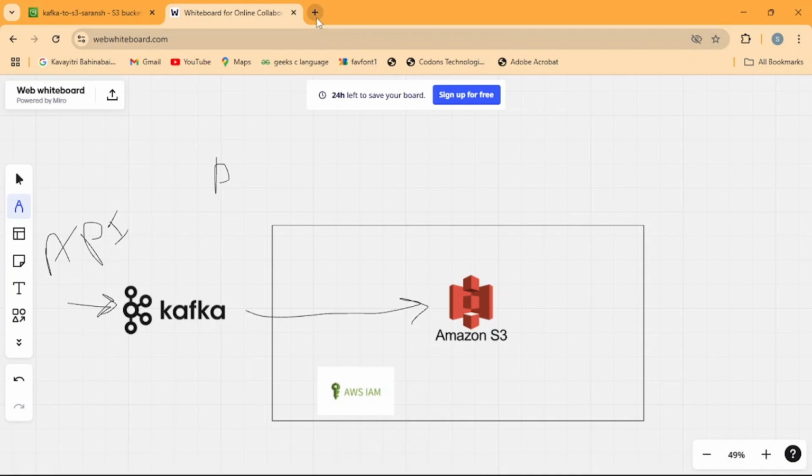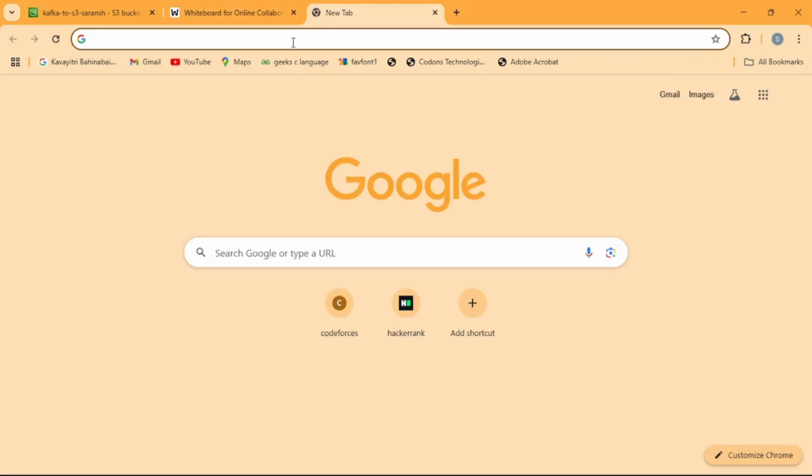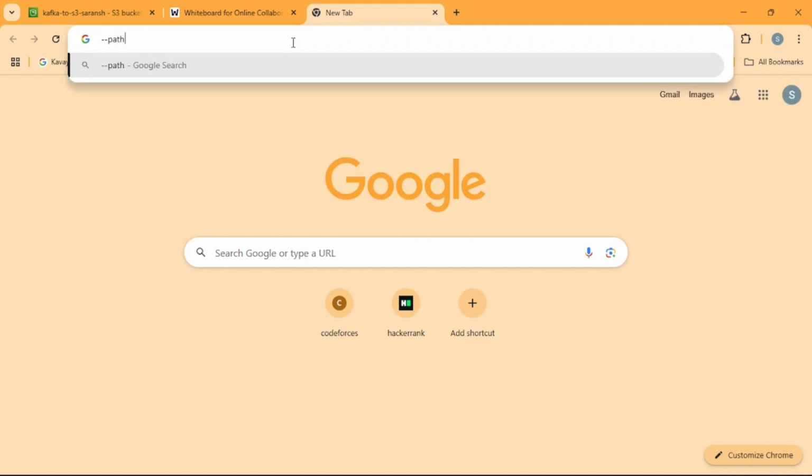And we are going to format the data. We are not going to format the exact data, but we are going to format the way it is stored. For example, this is the path of our S3 bucket. Then we have already created a folder, Kafka data, inside it. And then what we are going to do is create a folder by the name of the current date. So today's date is